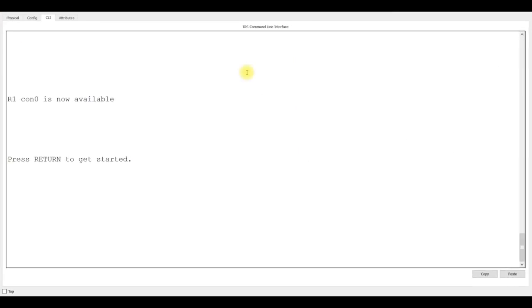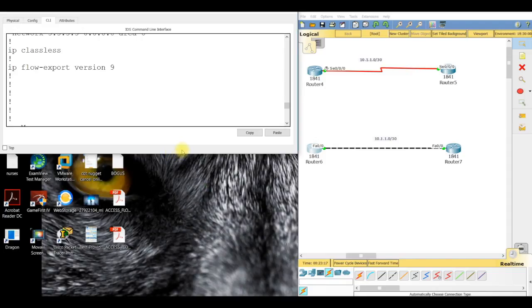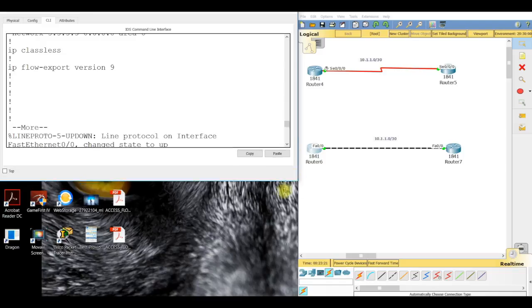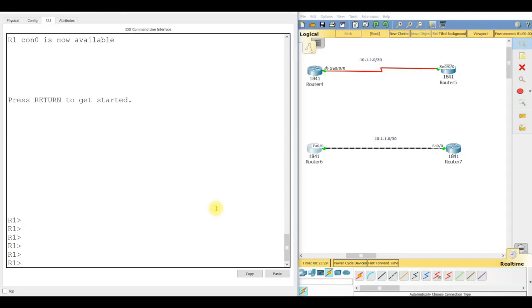All right, and let's go ahead and open up this guy right here, if it wants to. All right, there we go. Now we're doing this on a fast Ethernet interface. You see full loading done, so you know OSPF is already configured. We're going to do enable, and show IP OSPF